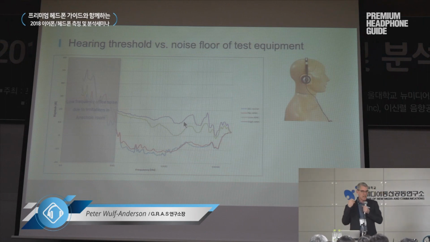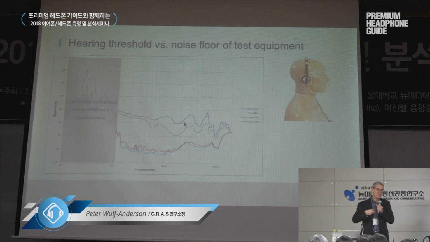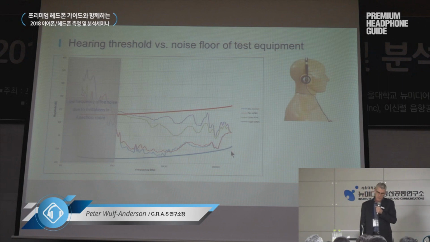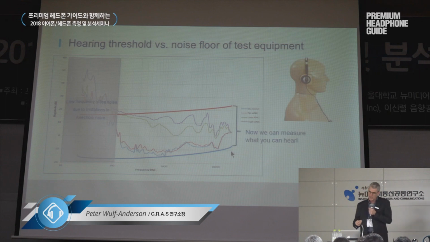So this is not measuring how well the noise cancelling performs. This is measuring the noise of the electronic circuit that generates the noise cancelling. And if we had used a traditional coupler, this is the noise floor of a traditional coupler, we would not be able to see these signals. These signals would be down in the noise floor. But with the new low noise coupler, we can now see the result,